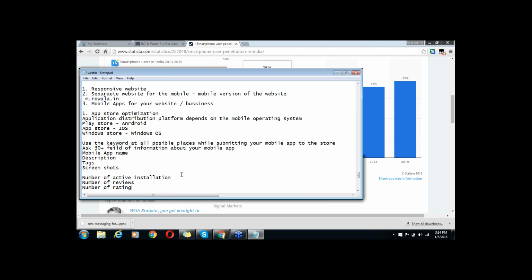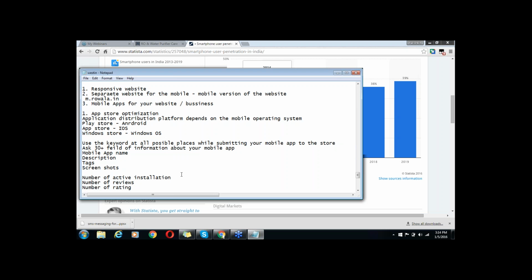So if you have installed any mobile app, or if your user has installed your mobile app on their mobile, that is a kind of guaranteed lead, guaranteed business, and they can reach you whenever they require. So this is a very upcoming thing, very promising, and one of the well paid opportunities appearing in the coming days.